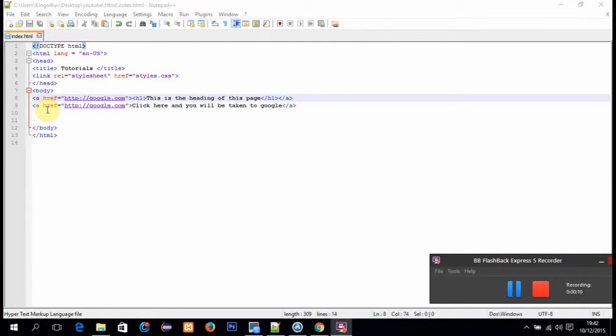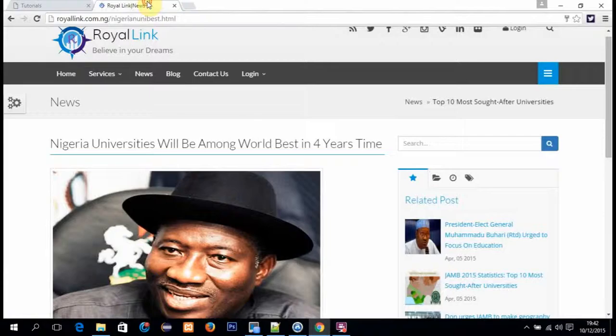Now, in this tutorial, we are gonna be discussing links. I know most of you have been visiting web pages and websites where we have links all over. Now, when you click on a particular link, it takes you to another website, or you click on the text. Now, for example,